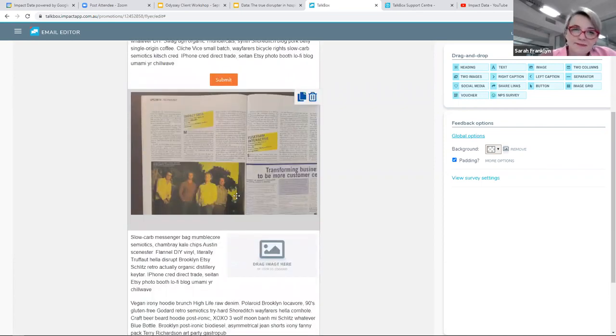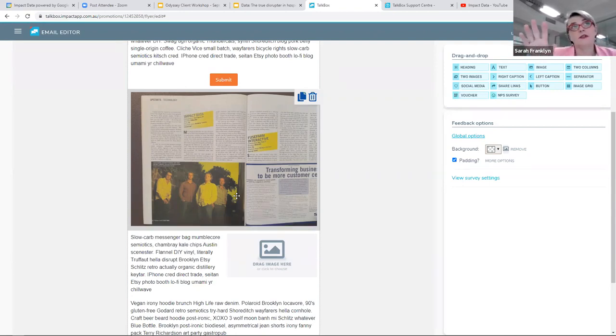Don't make your emails too long. As I said, people don't read them. And the objective of your email is really to get someone to do something. Visit, jump on your website to have a look at your new menu, make a booking at your bistro, book a function, whatever it is. We're trying to get them to do something. So for the content of your email, you always have to have that objective in mind. That objective could also be something like telling a member about an AGM or things like that. Again, there might be a whole bunch of forms that you want to send them. They might have to have their proxy forms or things like that.